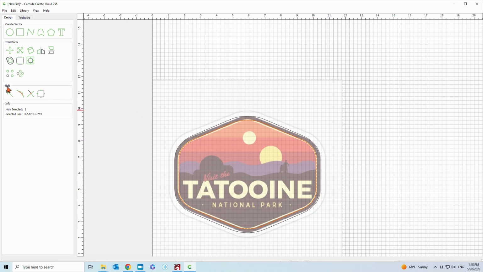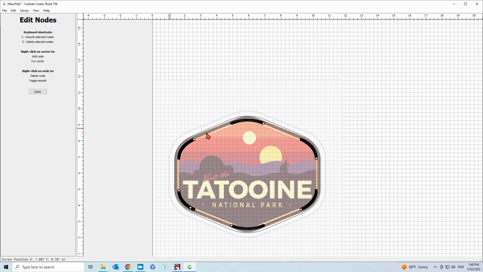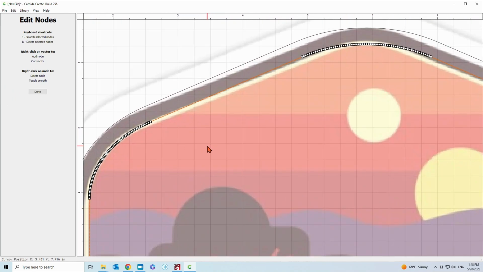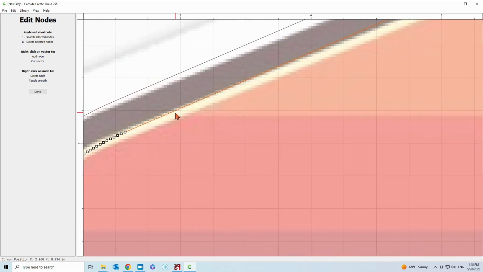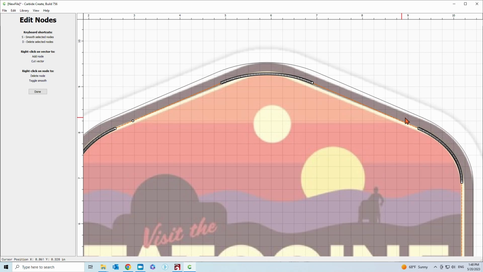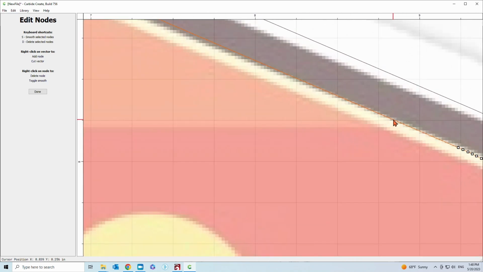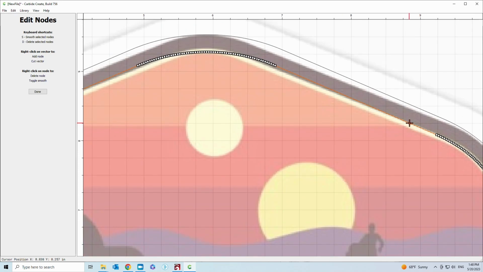So to do that, I'm going to click on the node edit, and for this top piece, the orange, I'm going to zoom in here and I'm going to insert a node, and I want to keep it kind of close to this grid line, so when I do it on the other side, it'll be sort of straight across. So right click, insert node, right click, insert node, and then we right click, cut vector,